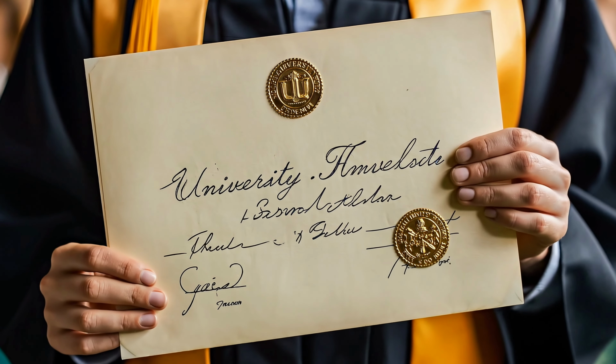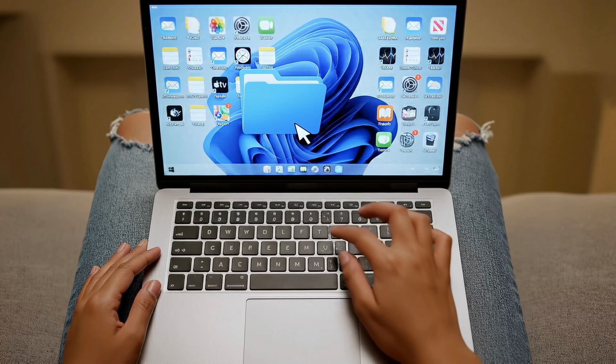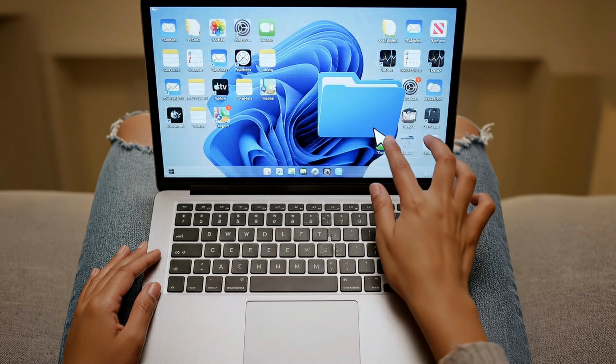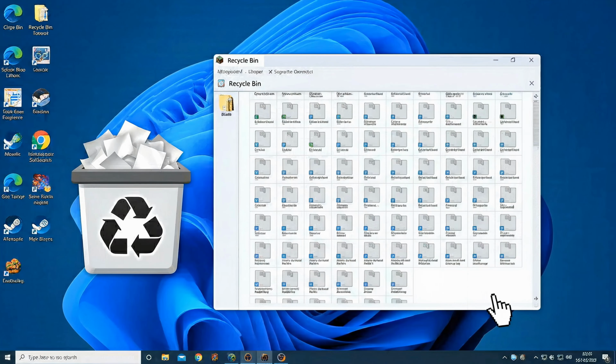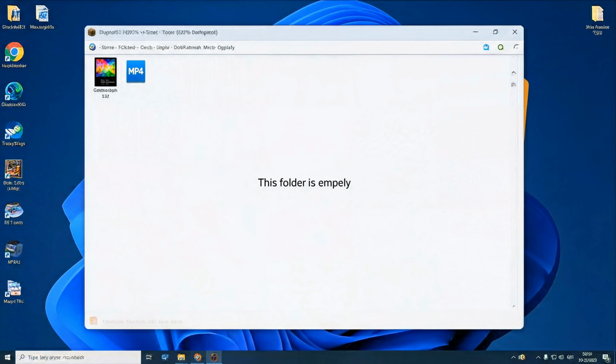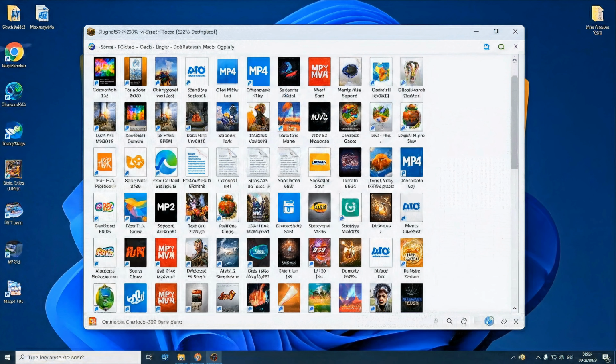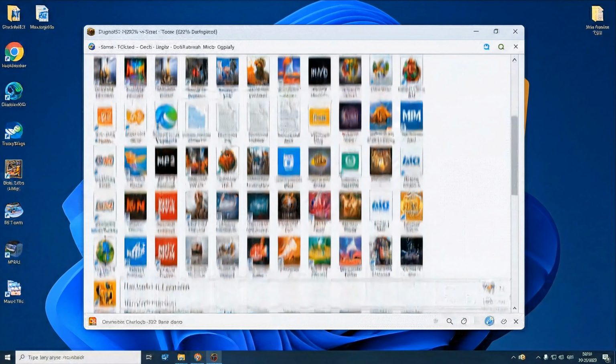Photos, videos, documents, gone in seconds, and you realized you deleted the wrong one? Don't panic, because in most cases, your data is still recoverable. Whether it's accidental deletion, formatting, system crash, or even a corrupted drive, data loss happens to everyone. The good news is that it is super easy to recover, and you don't need to be a tech expert